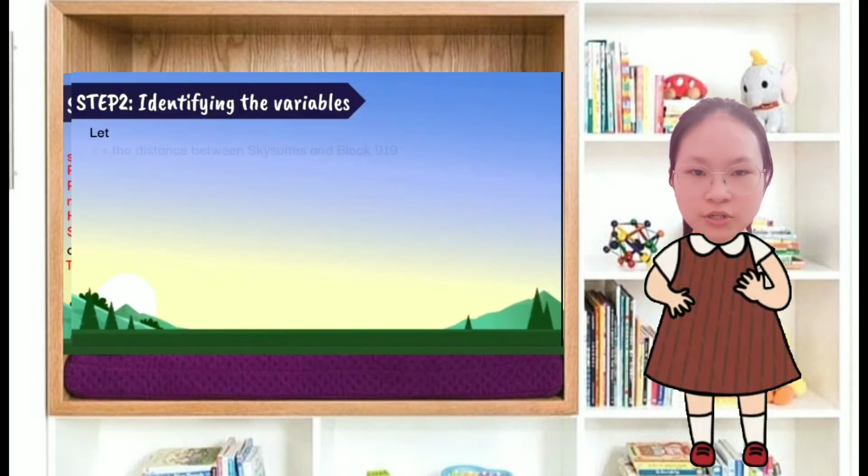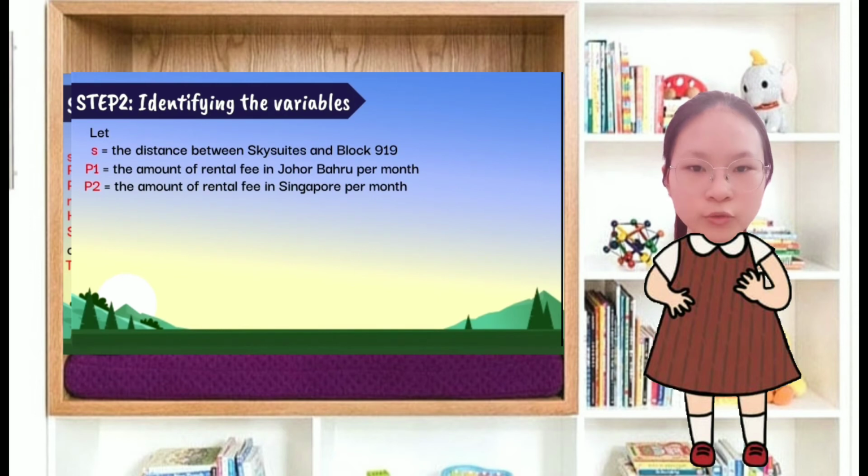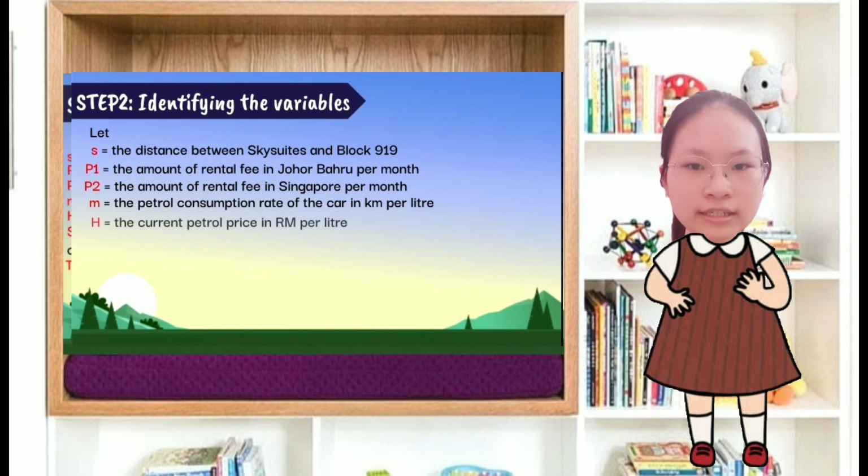After making assumptions for both situations, we are going to identify the variables. Let S equal the distance between Sky Suites and Block 919, P1 equal the amount of rental fee in Johor Bahru per month, P2 equal the amount of rental fee in Singapore per month, M equal the petrol consumption rate of the car in km per liter, H equal the current petrol price in RM per liter,